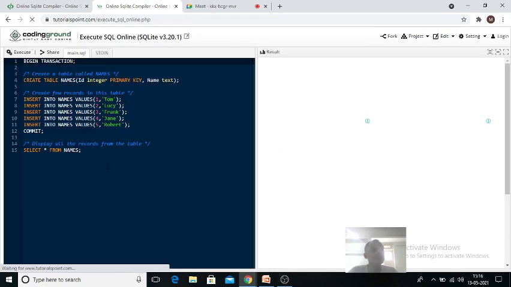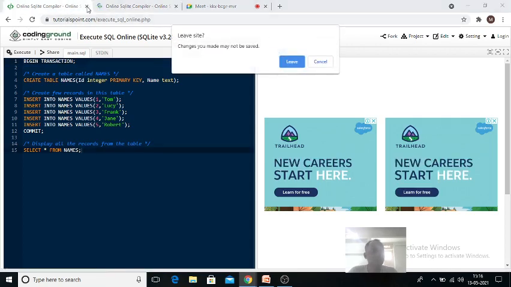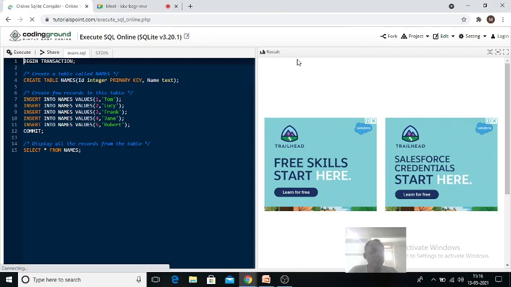When you click on this, you will get this online compiler. You are able to see this kind of screen. This is the place where you can type your programs or queries.